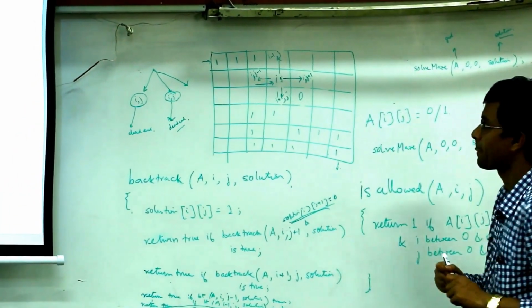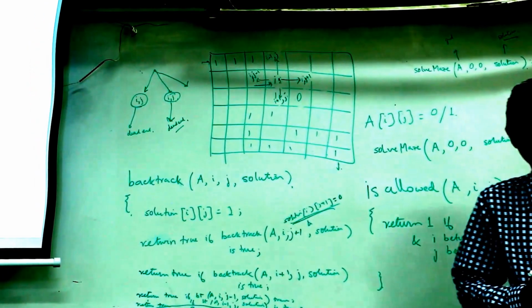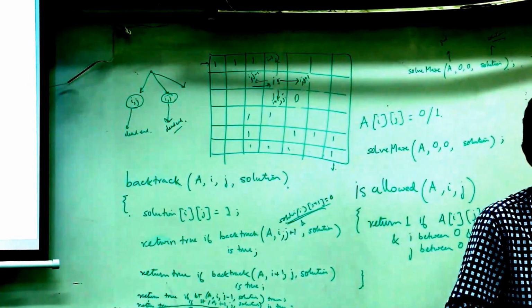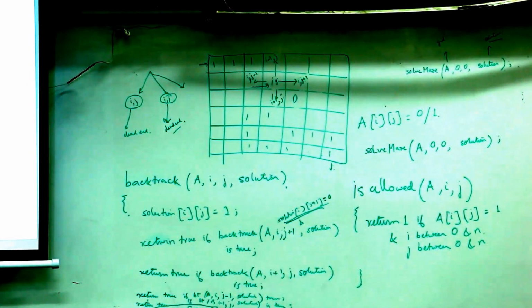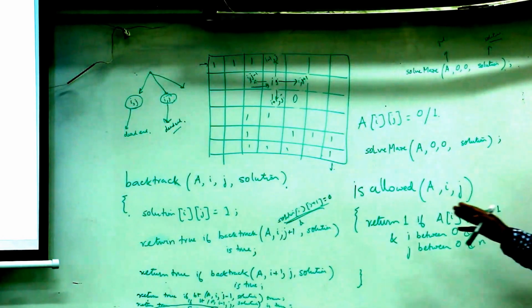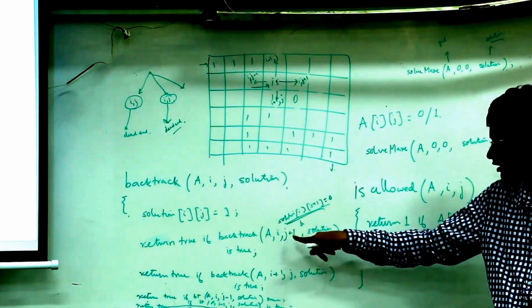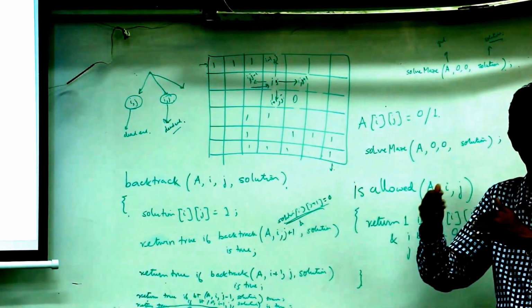You can visit only an unvisited cell; whatever cells we have visited on our path would be 1. Yes, exactly. So you do not come back to it. That is taken care of by the solution: whenever you call a cell, you have to make sure that it is not already visited.